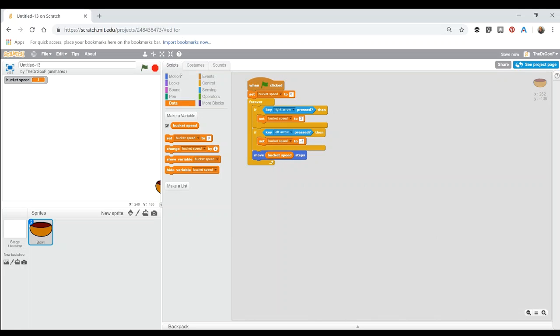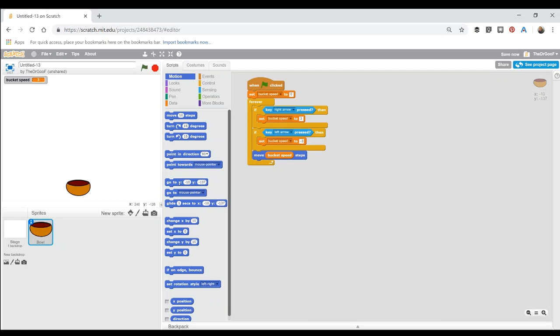One other thing I'd maybe add in there, you may want your bucket to always start out in the middle. So you can go into motion and set your XY coordinates to be wherever you want it to be set in the middle. Now every time I play the game, if I start it,